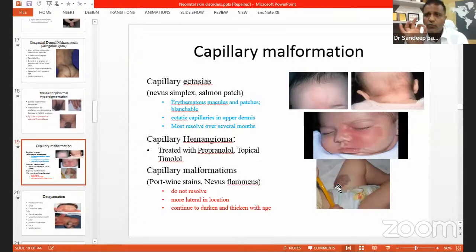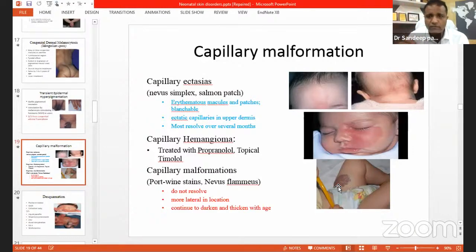Just a few important points about that. It's a visual diagnosis. Whenever you are finding any capillary malformation of the skin, try to wait for 1 year of life, because the spontaneous disappearance is very well explained. When they are present on the head, neck, face region, try to do ultrasound with Doppler of the head to rule out